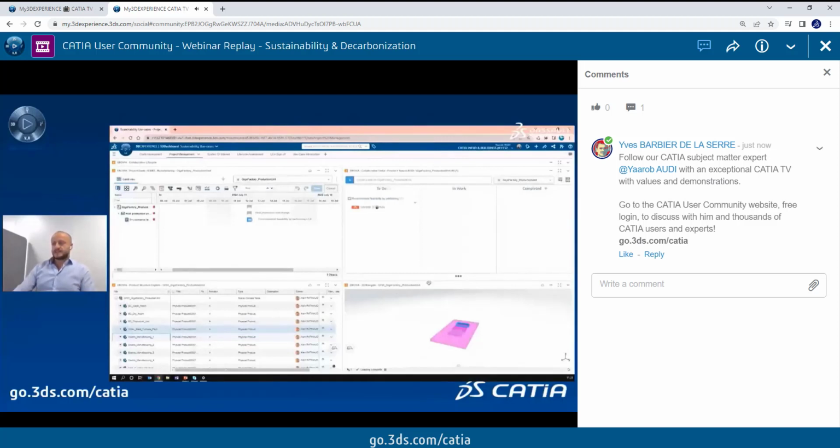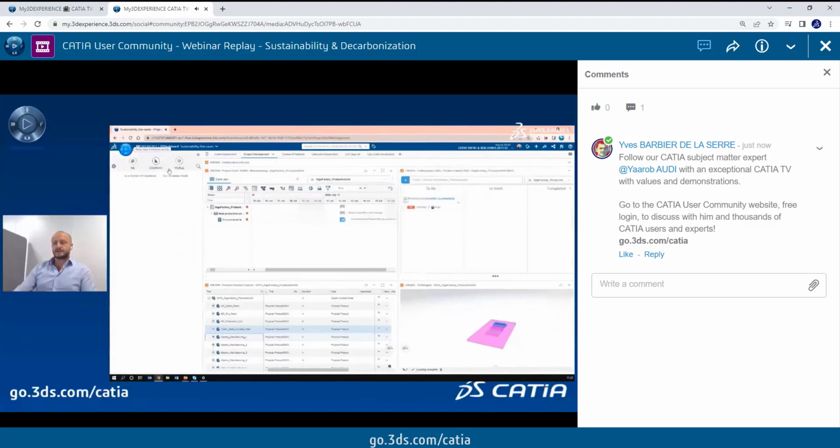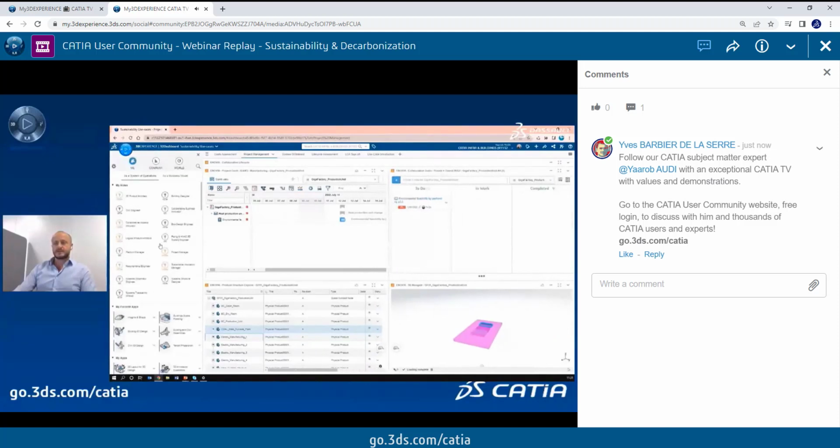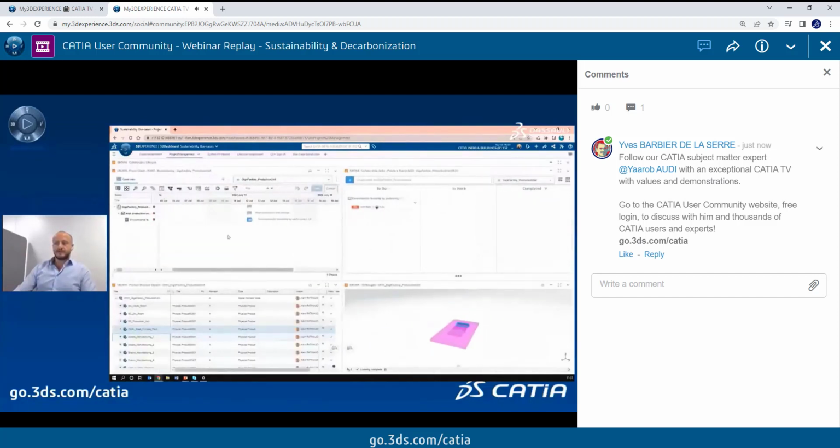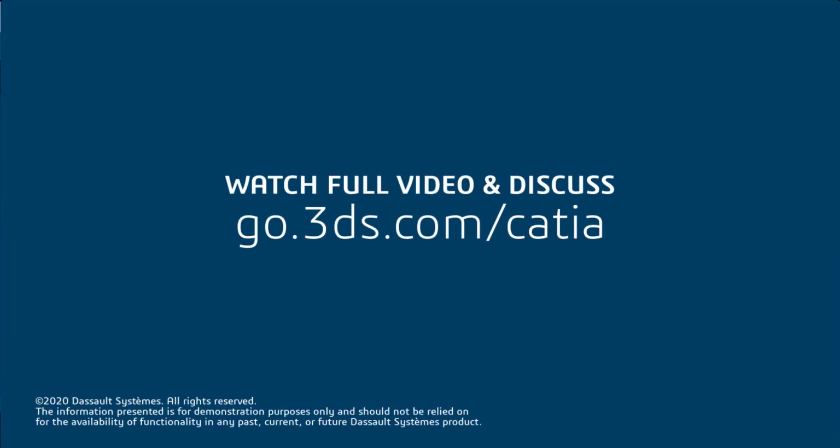So now I'm in the 3DEXPERIENCE platform. We see that it's nominative access. It's a web app. We have the compass where we can find all our roles, the roles that I have access to, and also all the apps that I can use to perform my work and my job on the 3DEXPERIENCE platform. So I can design, I can simulate, and I can also enrich the virtual twin, which is fully collaborative with all the members of my team, but also with all my partners and my final customer. So now I'm in the project environment,